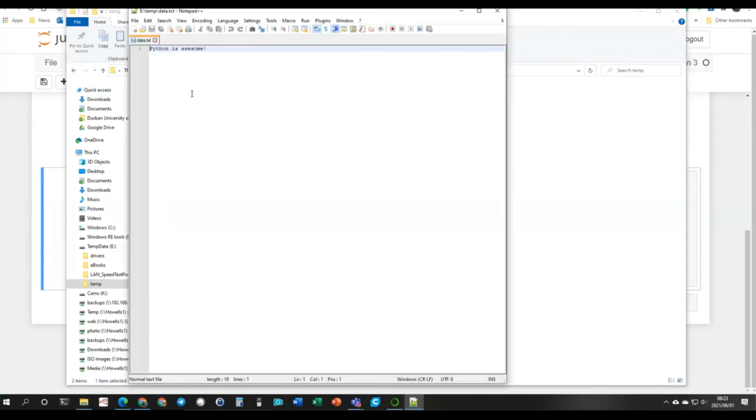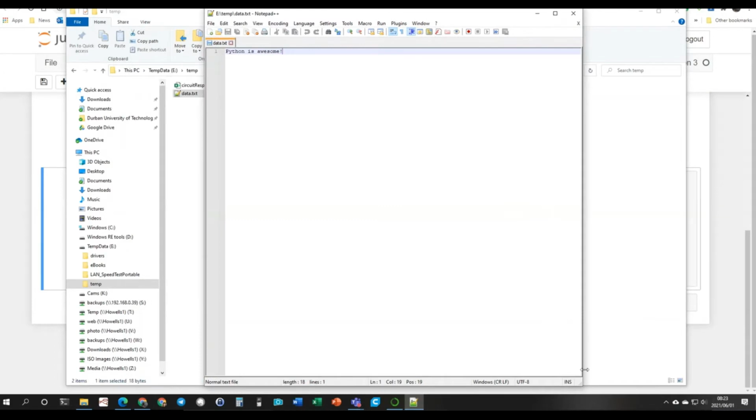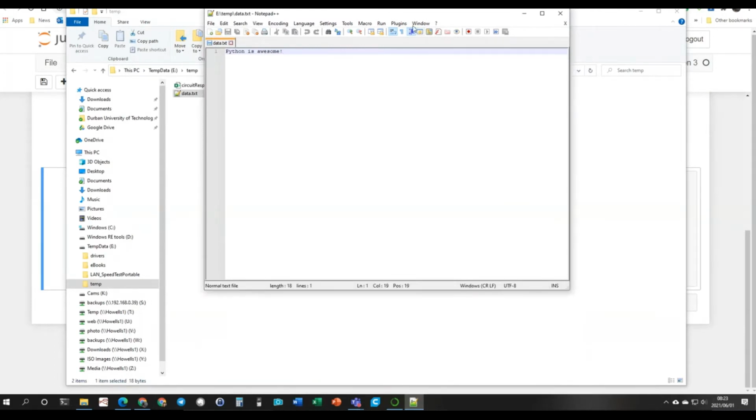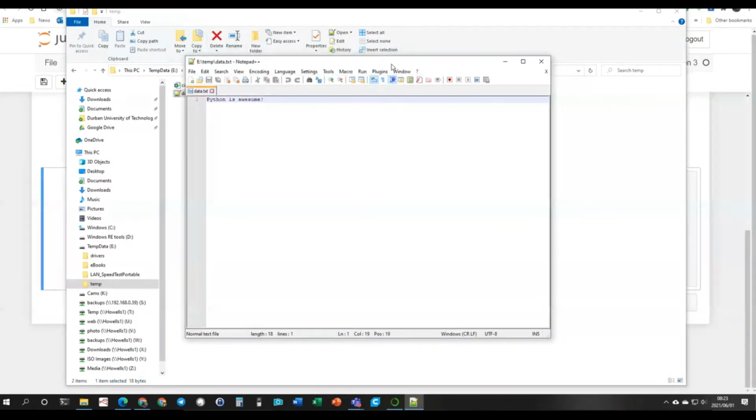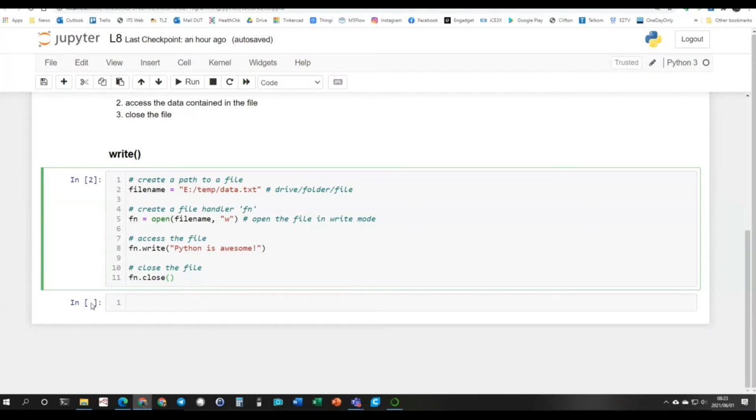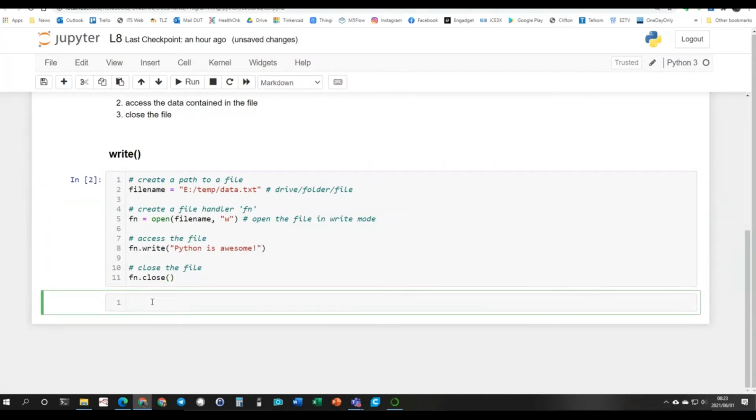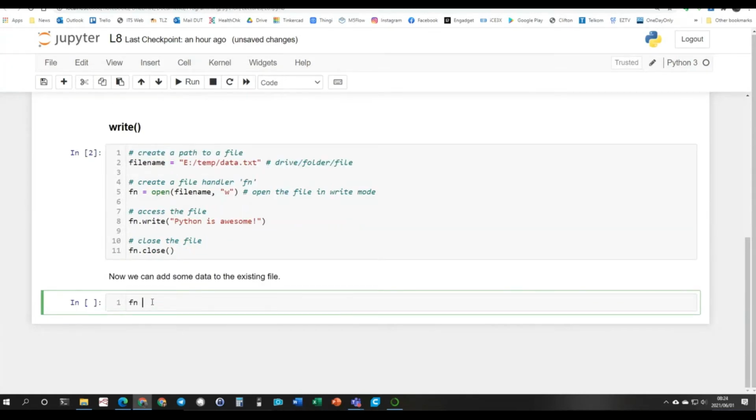And if I open that file, there it is. All it contains is some text which says Python is awesome. Right, so there is my little text file. Now, let's add some data to that file. I'm going to open the file